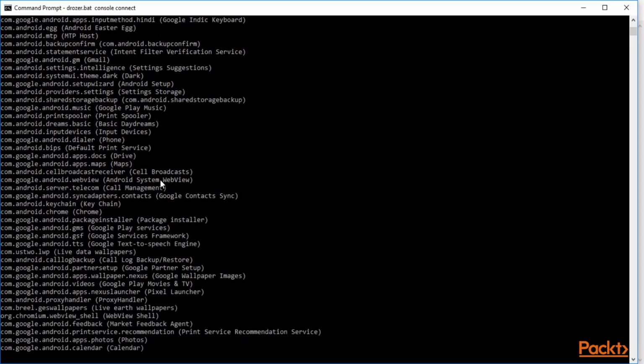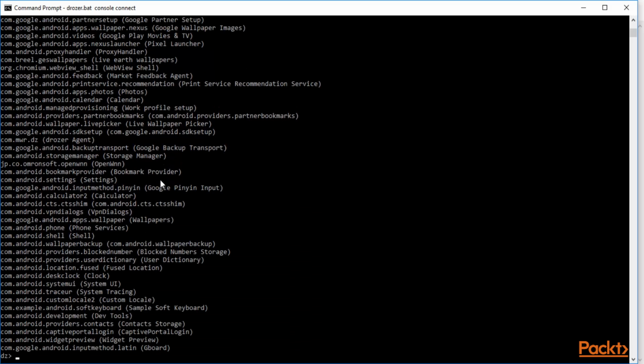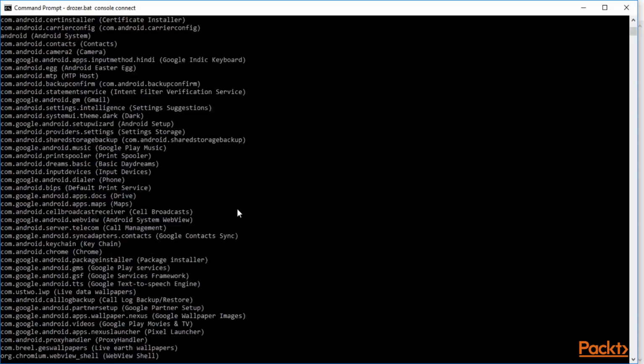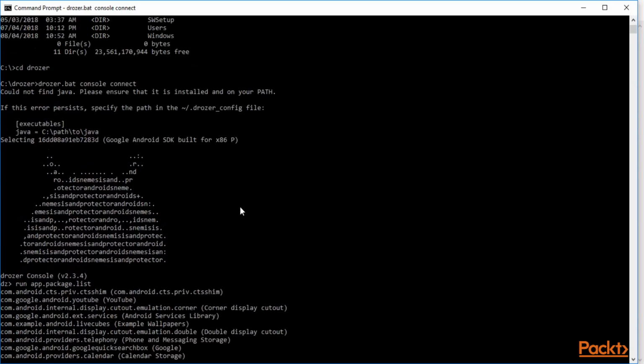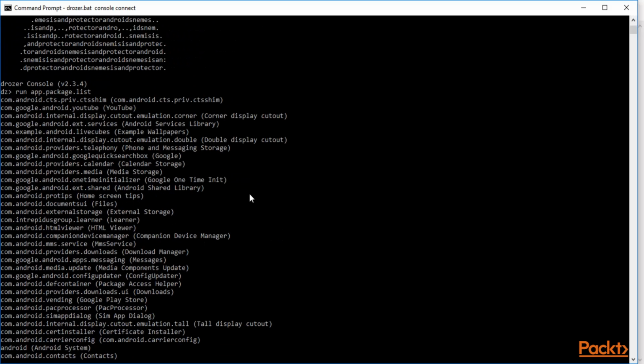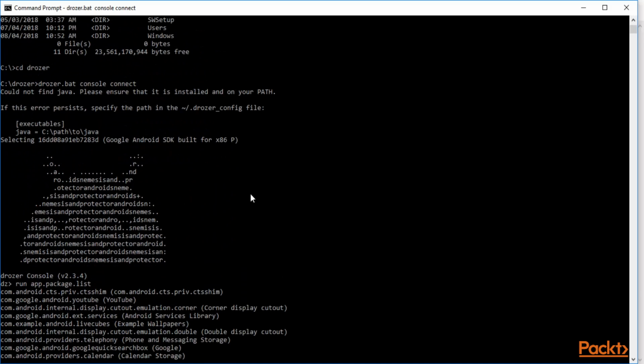You can see that these are all the packages available inside the Android application. If we need a particular package, how can we get that? I'm going to show you. You need to learn that run app.package.list is used to gather information about all the packages available inside Drozer.